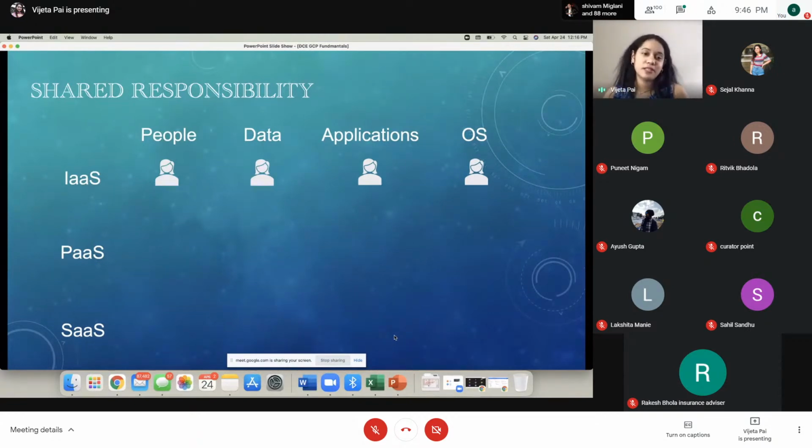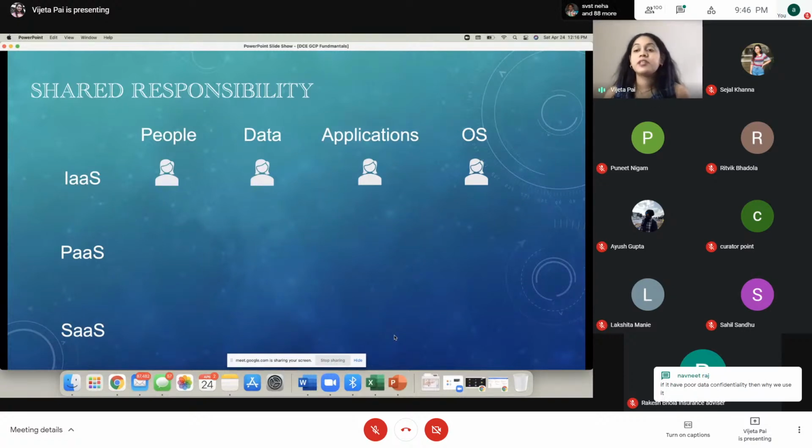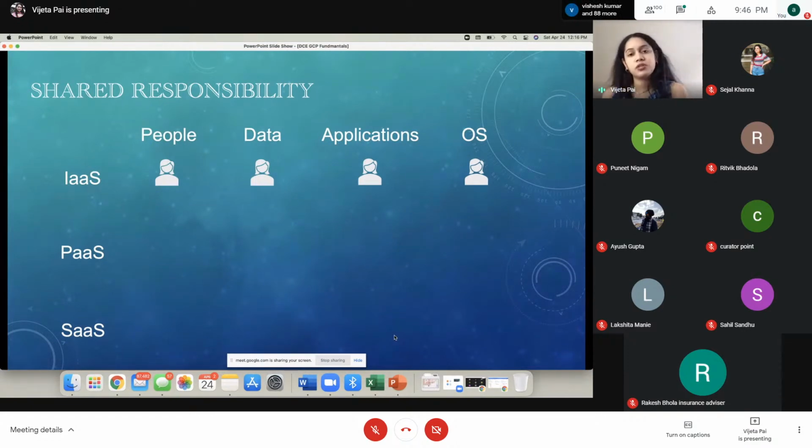Next, you have the operating system. In infrastructure as a service, you can choose your own operating system. You can choose Linux, you can choose Windows, you can choose anything you want to. Even Red Hat has certain operating systems. So it's completely up to you to make sure that the operating system patches are happening regularly. The security patches, and any kind of security responsibility associated with the operating system, is your responsibility. So that is what operating system responsibility is all about.